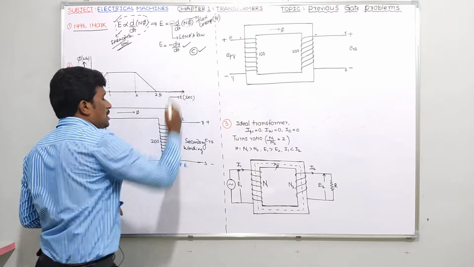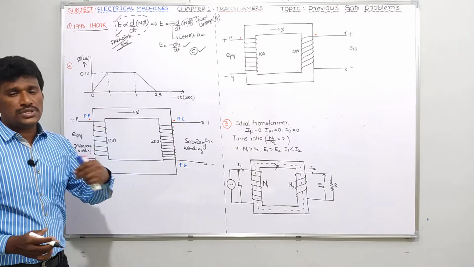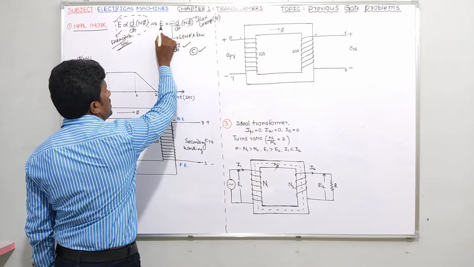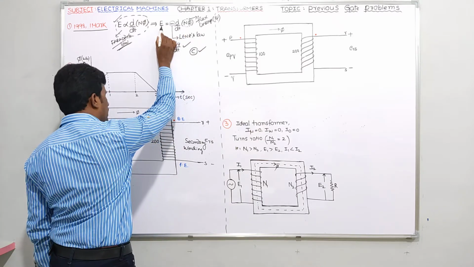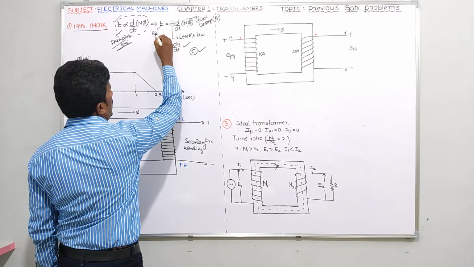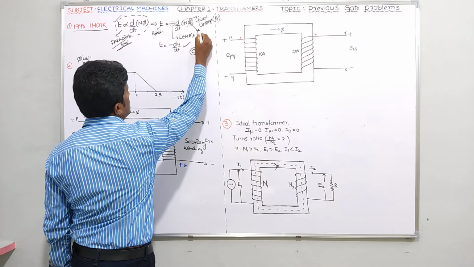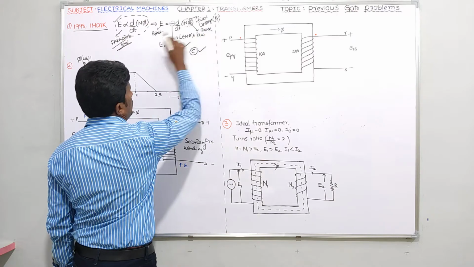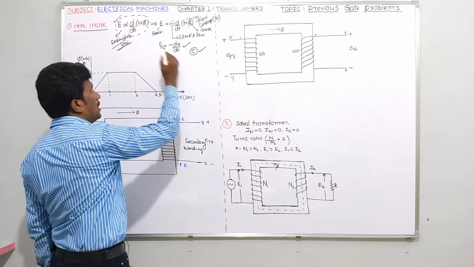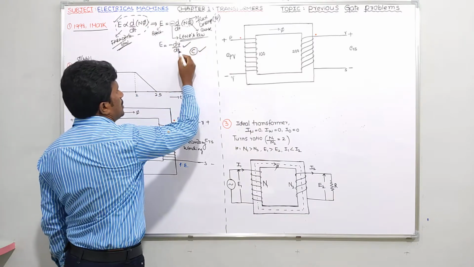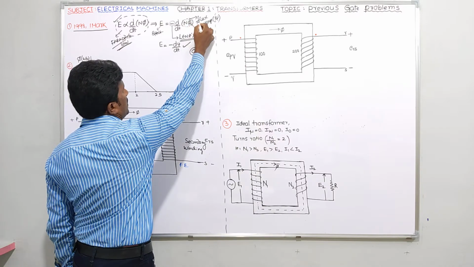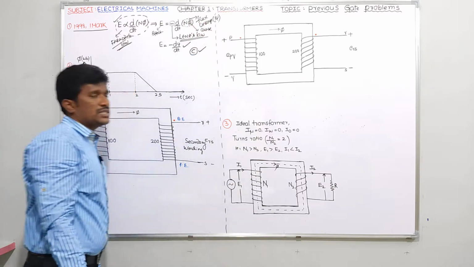So very simple. According to Lenz's law, the effect opposes changes in cause. Here, because of this phi, you will have EMF induced, not only in the primary winding but also in the secondary winding. That means this becomes the effect, and this phi becomes the cause. So effect opposes changes in cause. To show that opposition, I am keeping a minus symbol here, minus due to Lenz's law. Here N phi means N is number of turns, as I told you, phi means flux, and N phi means flux linkage, which can be represented with psi.